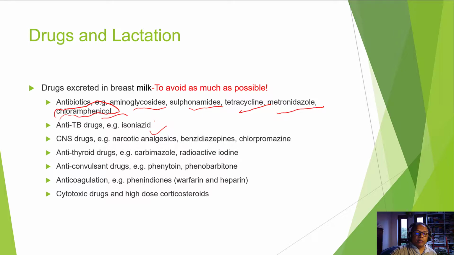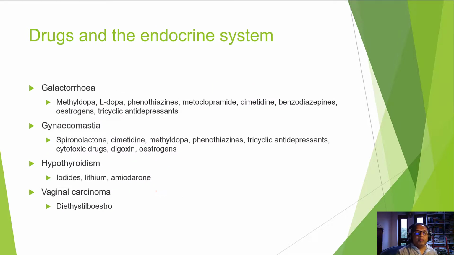Anti-TB drugs like isoniazid, narcotic analgesics, morphine, pethidine, benzodiazepines, chlorpromazine, carbimazole, phenytoin, phenobarbitone, carbamazepine, warfarin, and other cytotoxic drugs. They are all excreted in breast milk and can cause problems. And these drugs can have